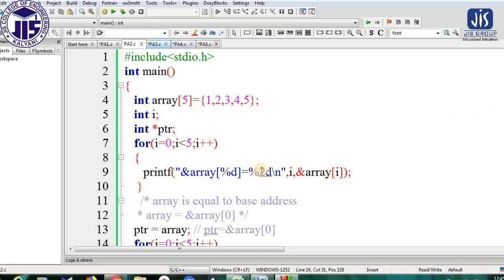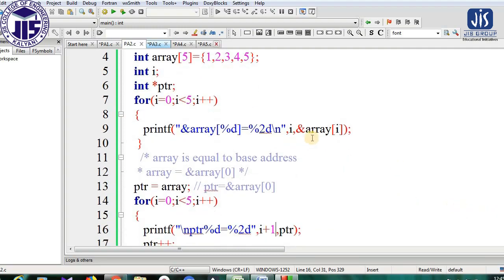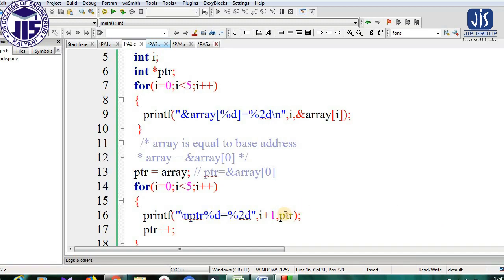Now in this program, I have considered the same program, but here I am going to print the address of the different elements of the array, and I am printing the values of the continuous pointers by incrementing. So in the pointer we have the base address, the pointer is indicating the array, and just by performing the increment operation we can update the value of the pointer variable. Now let us see, if I update the value of the pointer variable, what we get.